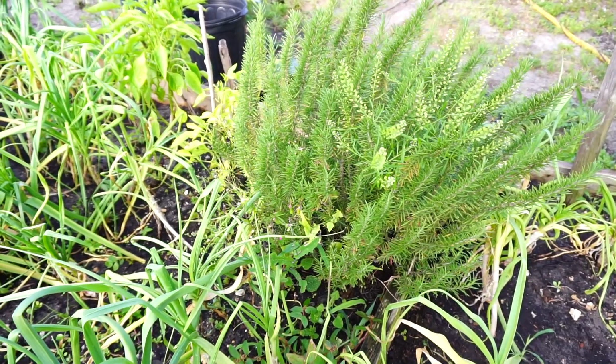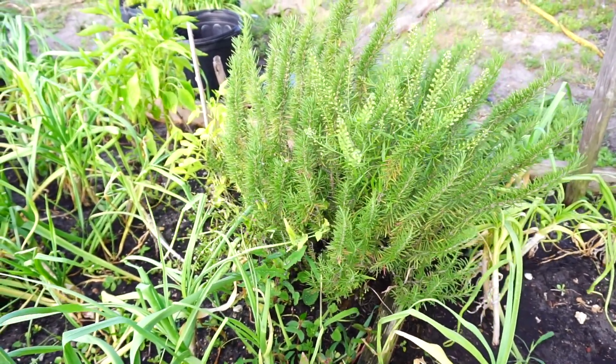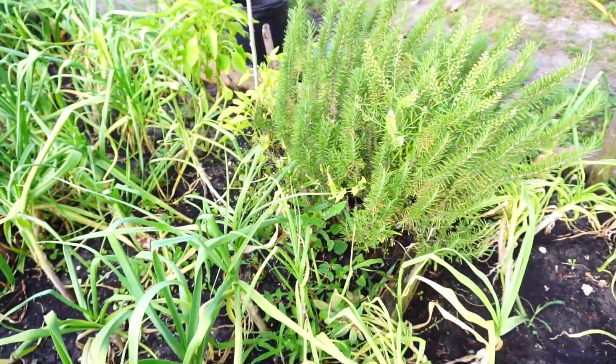This is actually a rosemary bush, and this thing is huge. It just grows by itself like a weed, and it's gotten really big. We got rosemary fresh whenever we want. Over on this side,